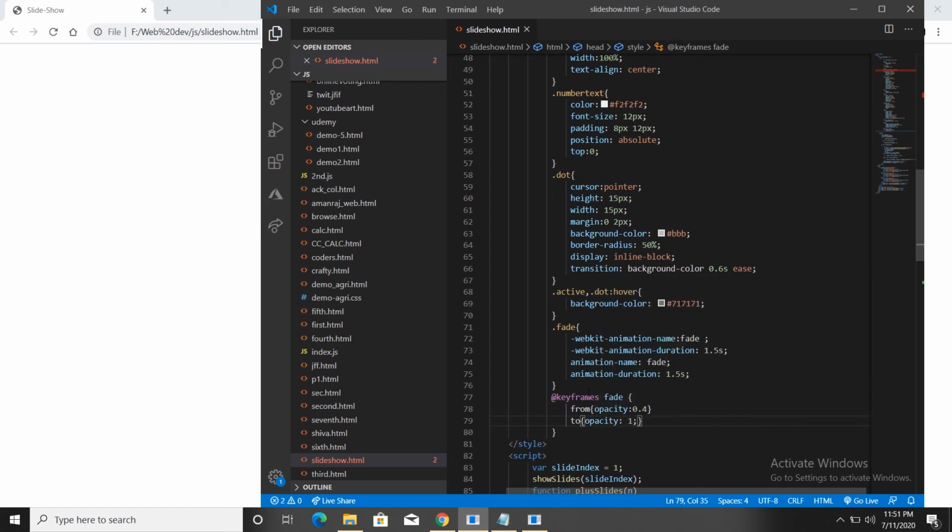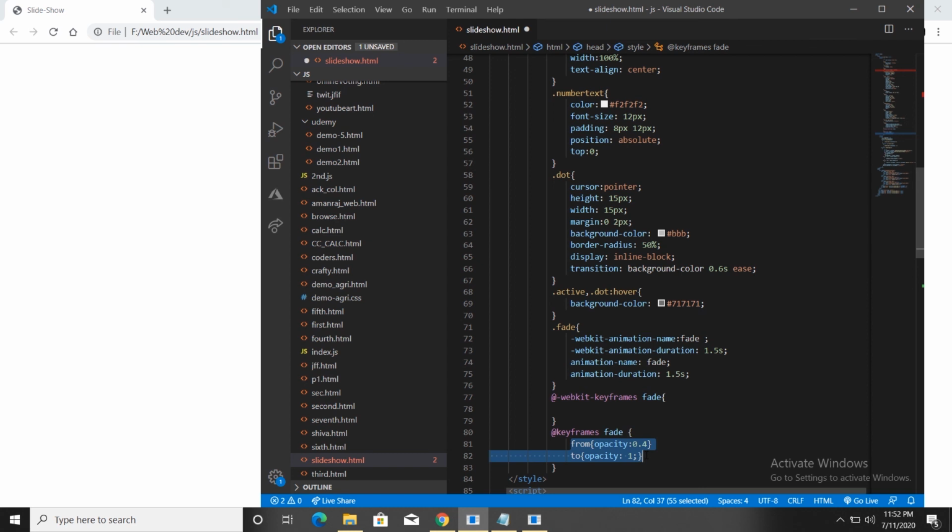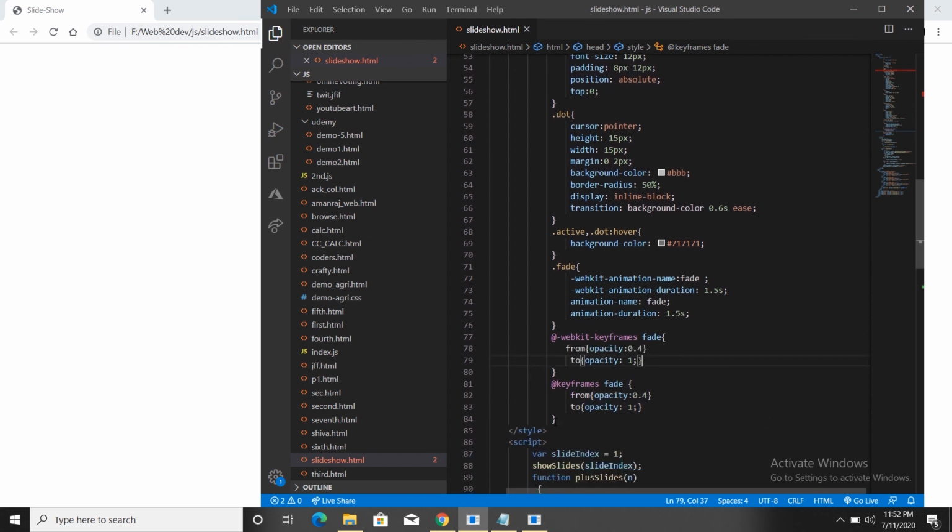Also define the keyframes for the WebKit part. Now do the same from opacity 0.4 to opacity 1, and the last thing will be giving the screen value. That means the size of buttons and all these things will be decreased or increased when I am changing the size of the screen. So mention @media.